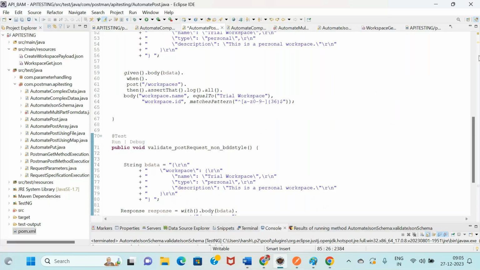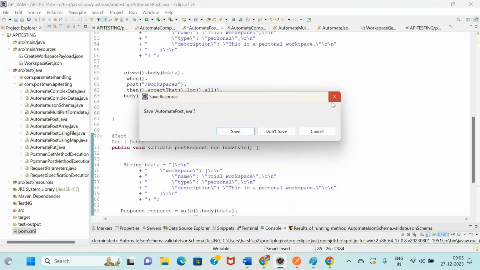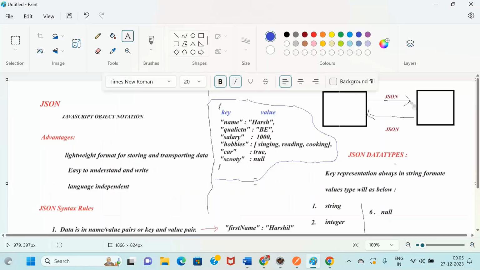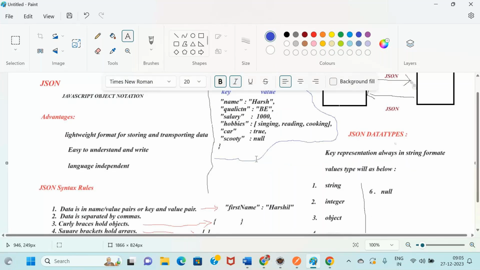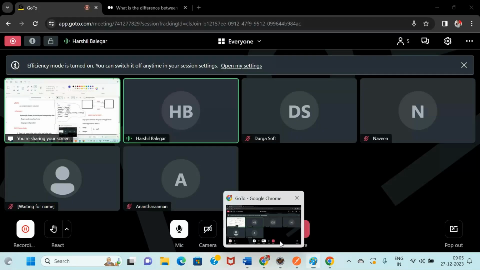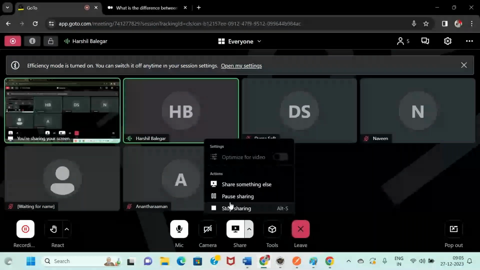So the value can be duplicate. Yes, the value can be duplicate here, meaning there is no restriction for that, but usually it will not happen. I mean to say, value can be duplicate in the sense that we will be storing multiple data. Wait, guys, I will show you how the value can be duplicate. JSON sample data.